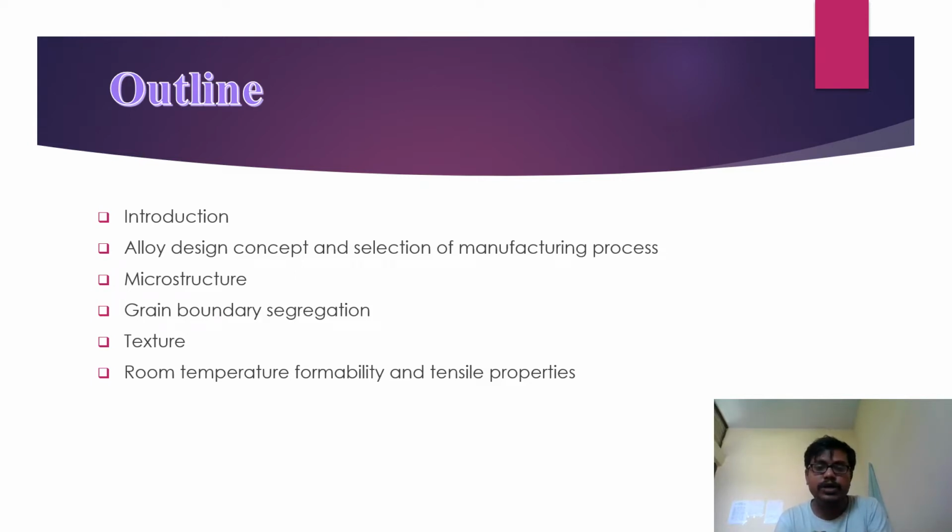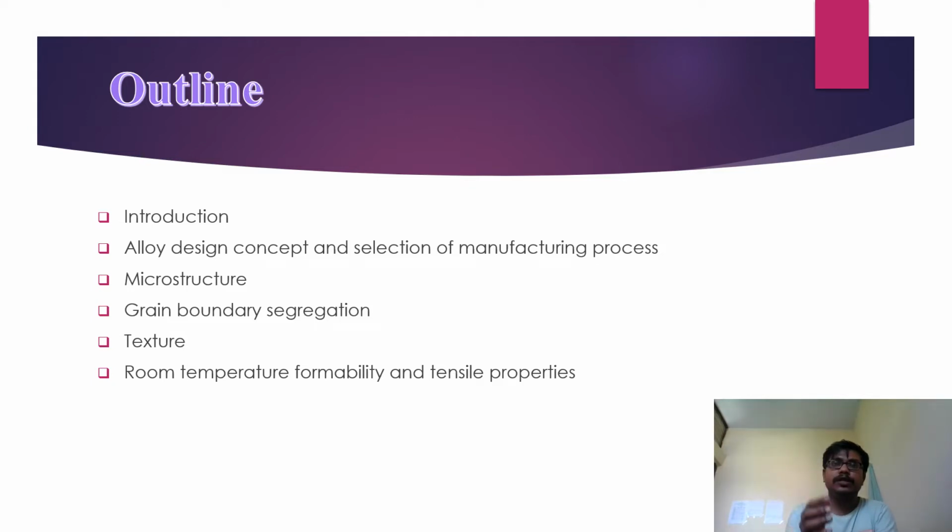So we'll be discussing the grain boundary segregation in the fourth slide, and then we'll be discussing the textures. As we have discussed, the texture of magnesium alloy needs to be improved to improve its formability. Why? Because there is a problem with the formability of magnesium alloy. That's why we need to improve its formability. The problem is at the texture level. Whenever magnesium alloy is prepared by thermomechanical